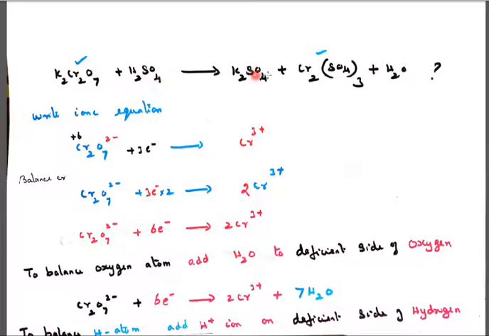When you use this, there are two metals, one potassium and one chromium. With sulfate, they form two different salts: potassium sulfate, potassium with sulfate, and chromium sulfate, chromium with sulfate. Hydrogen and oxygen form water. Then how to balance this equation? In the exam, they will give this equation, or an incomplete equation may also be given. So just split into ionic form and write the ionic equation.